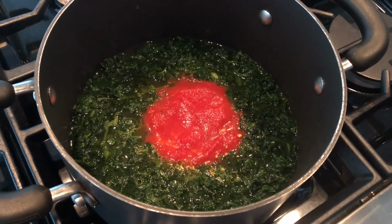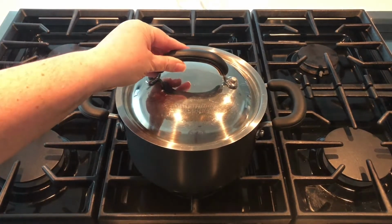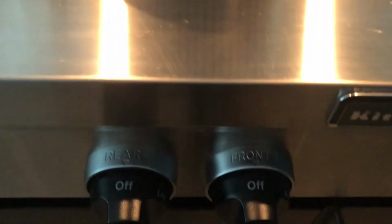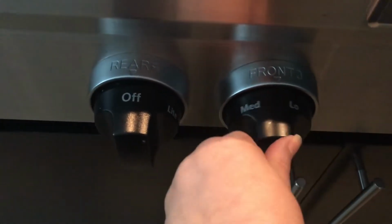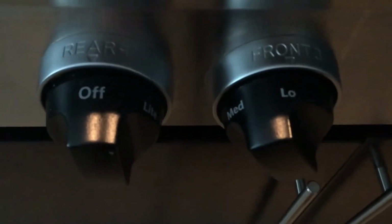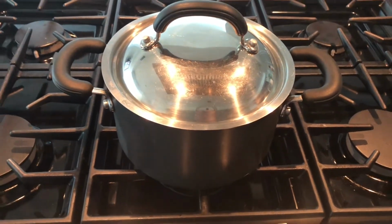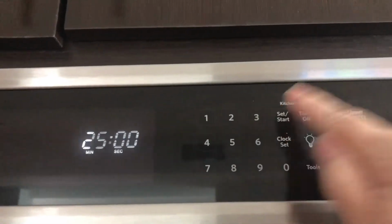So at this point, what I like to do is I put a lid on my pot, and then I'm going to turn my stove on. So this dish will cook for 25 minutes or so. So what I do is I set my stove to low to begin the cooking process. Now remember, it's got rice, so it needs some time for that rice to cook. So what I do at this point is I set a 25-minute timer to remind myself when my dish should